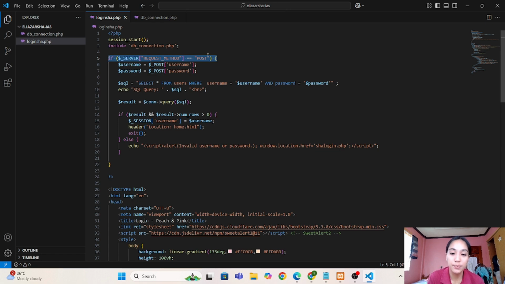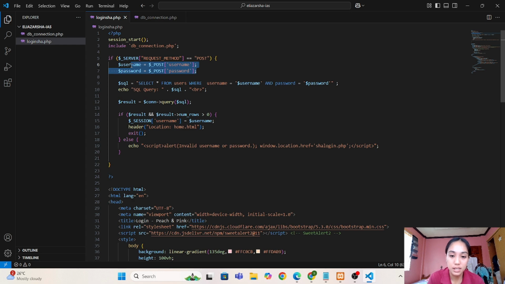This ensures the script runs only when the form is submitted, preventing unnecessary execution. The next one is username equals post. Next, we retrieve the username and password entered by the user. These values come from the login fields.